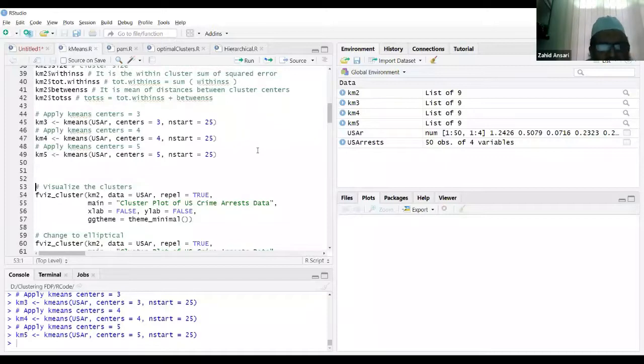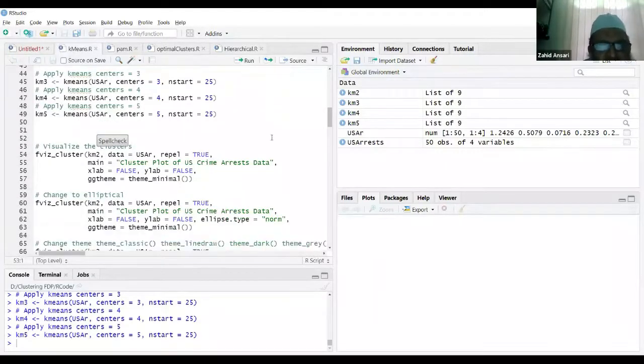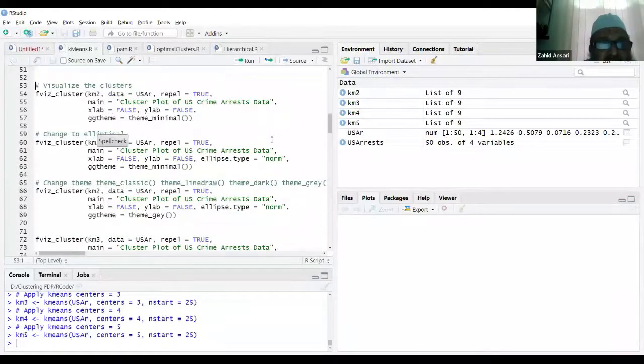So we got a lot of information about the clustering, but it is always better if we can visualize the clusters. For that, we are making use of the function fviz_cluster, basically a function to visualize the clusters.